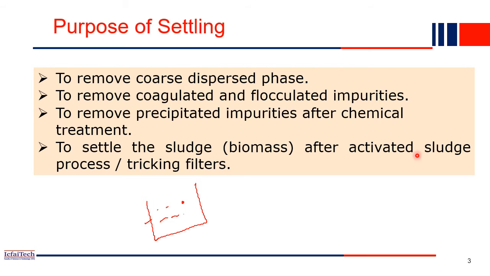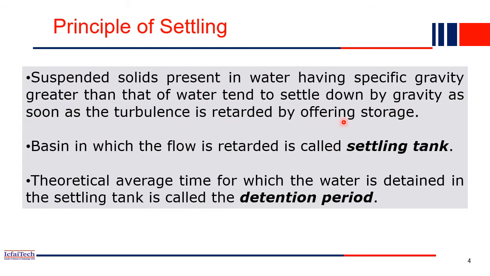So in that activated sludge process also, we basically use the settling properties of the solid particles in the water. This is a very important property of settling. Here we can remove all the solid particles present in the water that can be settled down. Very simple, we are using the gravity force and settling all the particles at the bottom, and we are cleaning the water. So that is the main purpose of settling.